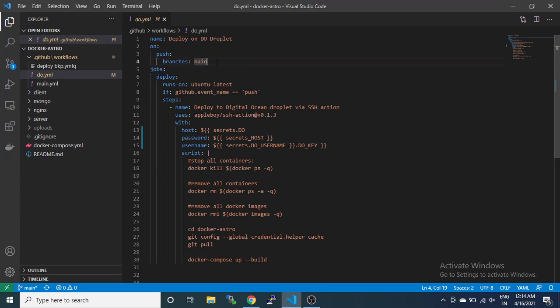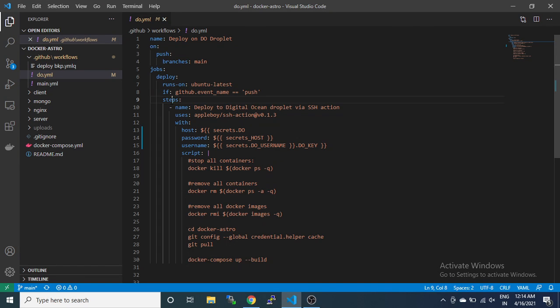So whenever there is any push to the main branch, it will trigger this job. The deploy job runs on Ubuntu latest, if the GitHub event name is equal to push. It checks here whether it is a push or not.